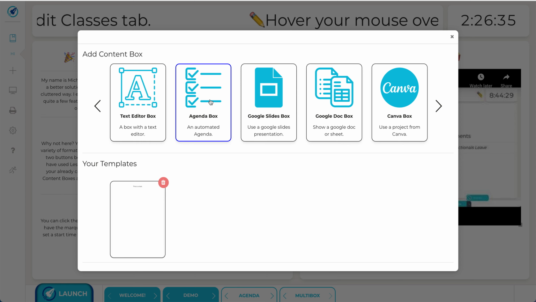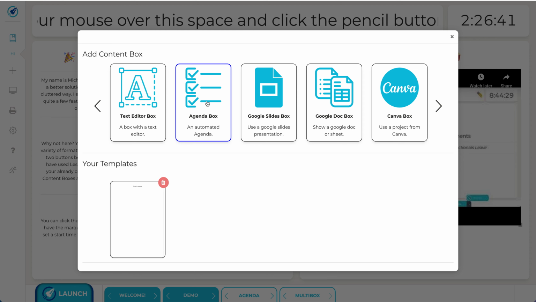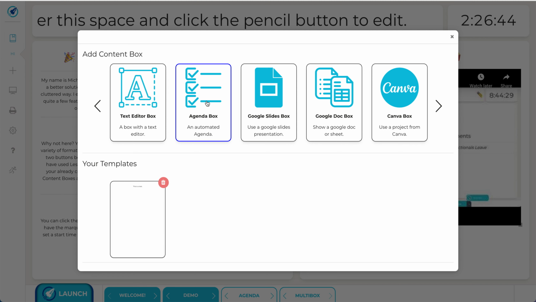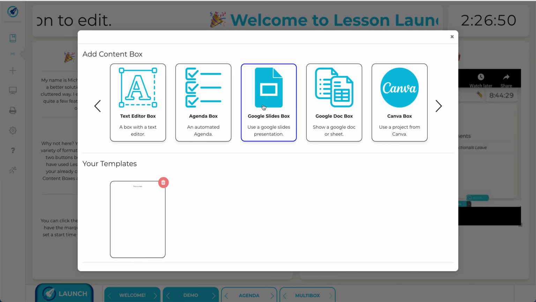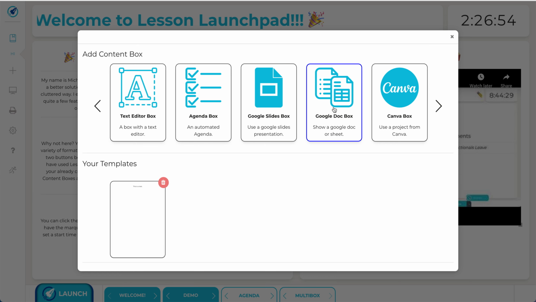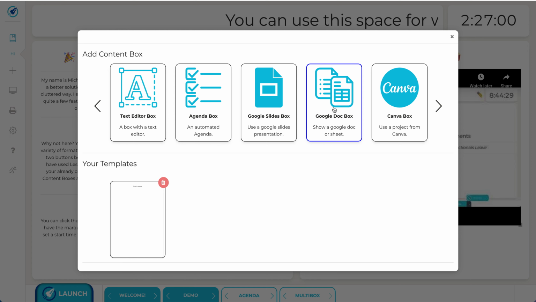An agenda box, which is basically an automated agenda that'll go through different steps that you put in, different timings, etc. A Google Slides box, so if you have a Google Slides presentation that you want to add in the Lesson Launchpad, you just add in the link and it'll show up. Same thing for a Google Doc box. You can either put in a Google Doc or a Google Sheet, and it'll be live and editable there in